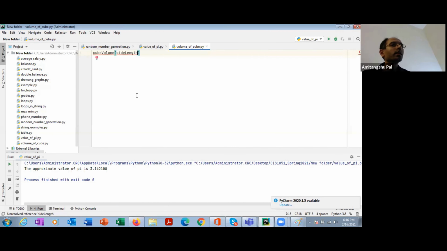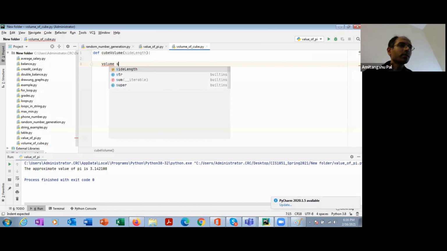Okay. So the syntax is: define your function name and the parameters, the variables that you need to pass to this function. That's it. This is the function definition. And then it is going to calculate the volume equal to side length cube. Cube means to the power 3.